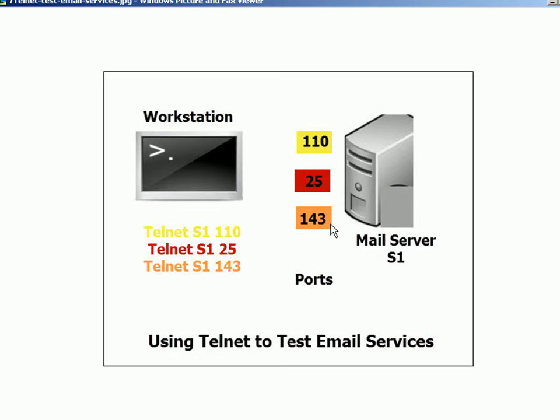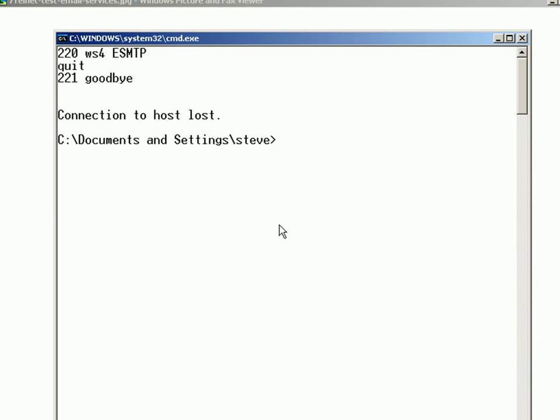I've got a mail server up and running, and the mail server supports POP3, IMAP4 and SMTP. So let's open up a DOS prompt. So here I'm at my DOS prompt, and I just type in Telnet, the server name and the port number